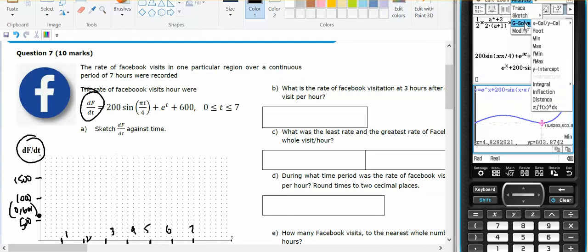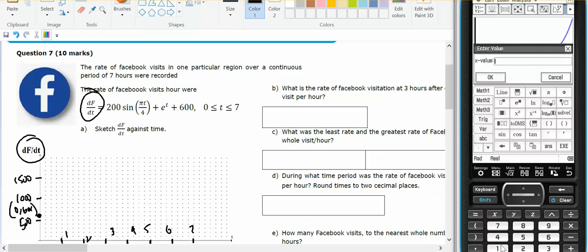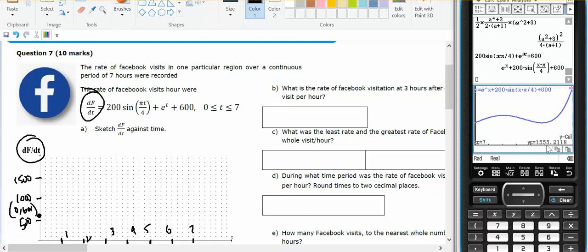So now I might do analysis, G-solve, and do a y-calc when x equals 7. And that's 1555. So 1555 will be my endpoint. Do a really big dot that's a little bit higher, and that will cover the fact that it may not be exactly accurate. So I've got my minimum, so if I now do analysis, G-solve maximum, that's at 2.06